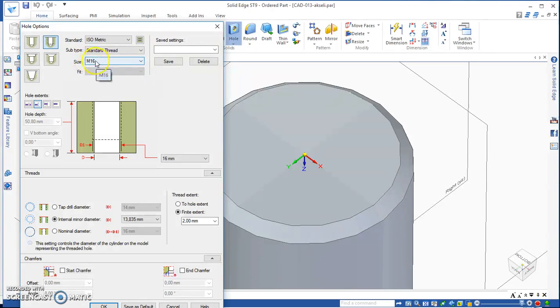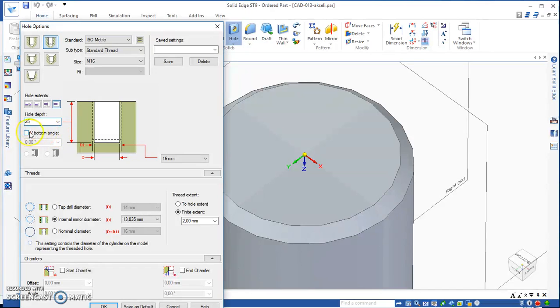Thread size is M16, and then I select here that find extent, and this hole depth is 25 mm. M16, find extent 25, and I want that it is